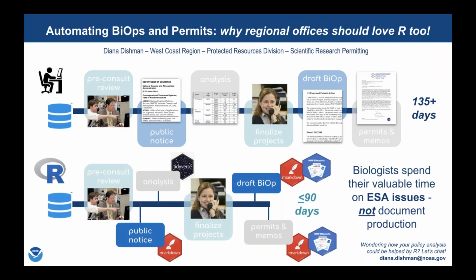So here's the timeline for the same process now that we use automation in R. We still review each unique study coming in and we verify with applicants what they need for ESA compliance. However, we now use our tools to pull data in from the information we receive to generate our tables and documents for us. So if you aren't familiar with R, these hexagons represent packages that each have a different suite of utilities for specific tasks. So our team now has R scripts that use these standard packages to QA and summarize the data for us to review and create Microsoft Word and PDF document drafts in templates that are specific to NOAA fisheries.